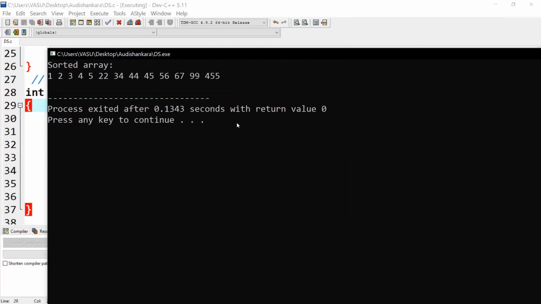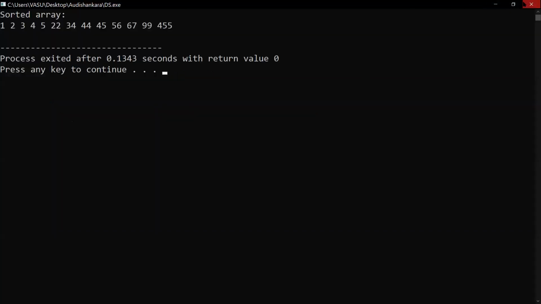See, do we have the proper output over here? Is it working fine? For this purpose, we were taking the length as n, means generalized, so that whatever may be the length, your code will be able to do sorting for each and every type of number.